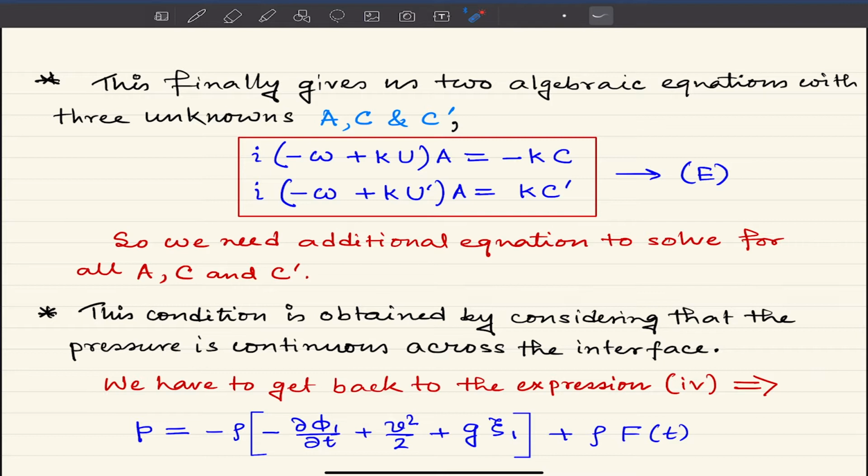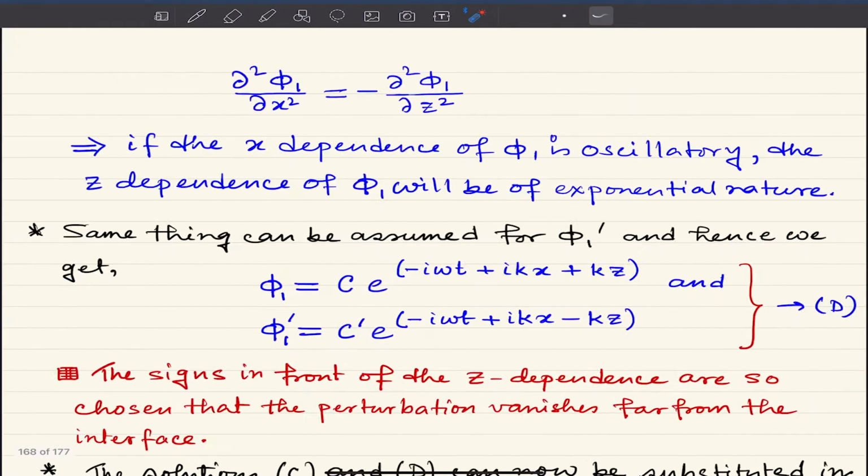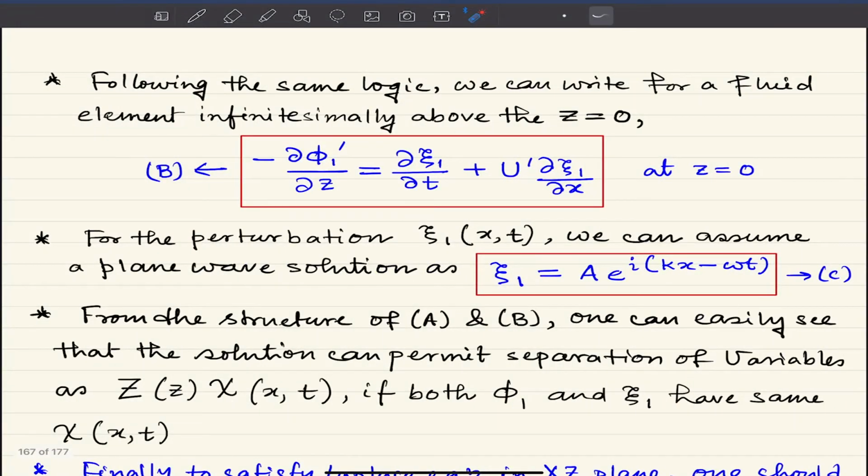One is i(-ω + kU)A = -kC. Another is i(-ω + kU')A = kC'. These two equations are obtained from substituting in the basic equations,